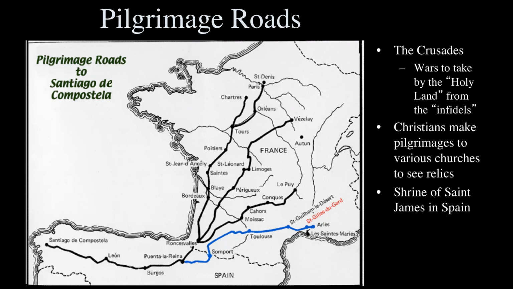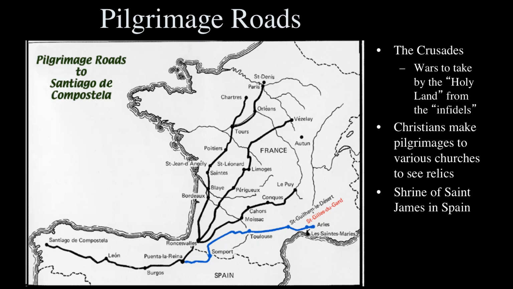So how did these churches get built in the first place? Where did they get the money? Because a lot of them we'll see are in small towns. And then how did they develop over the time? So one of the things was because of pilgrimage roads. These pilgrimage roads were originally roads that were built by the ancient Romans, and you can see how they connect some ancient Roman cities.